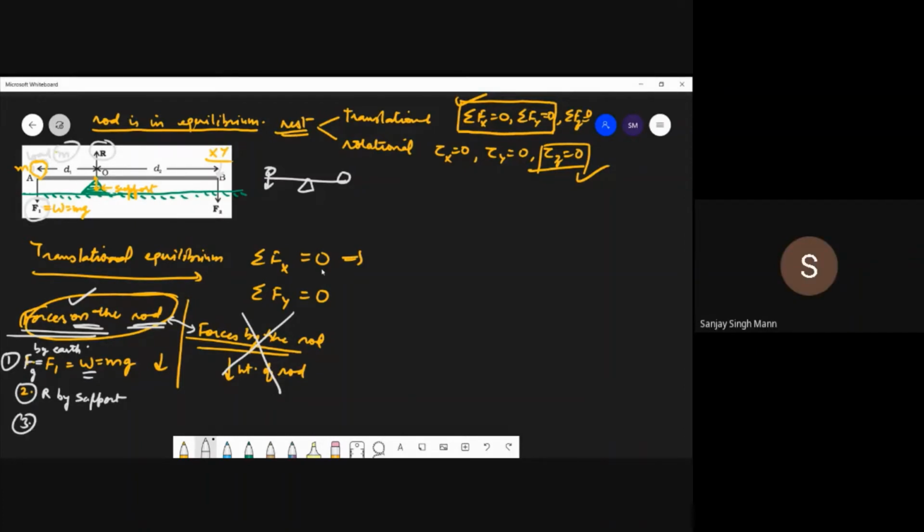Now the third point. Who is applying this force F2? Yes. By our effort. We are pressing it down. So we are putting the effort over here, so that there is some human or some machine or somebody to put in the effort. Okay. So you can also say the force is by a human, if there is human effort.